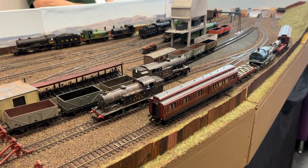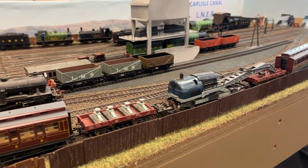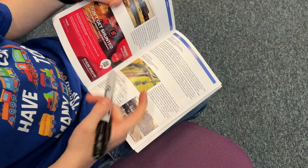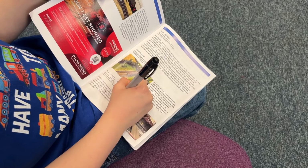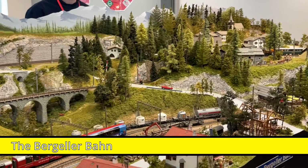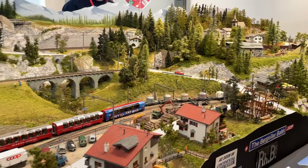Is it coming out of the coaling tower? No, but it meant that they're not like the giant ones, just